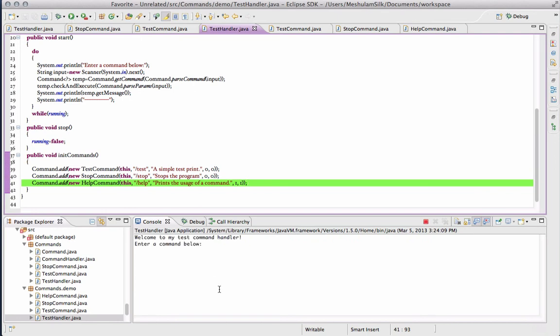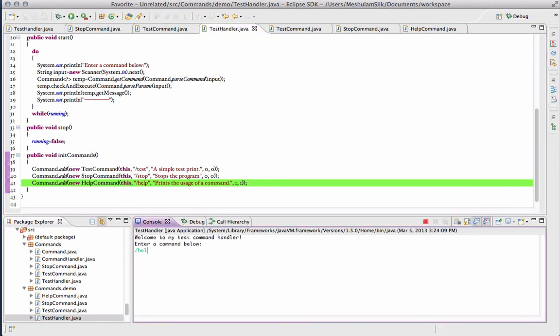Now, if we run it, if we do help without any parameters, it'll tell us that we are missing parameters. If we do help and then we give it more than one parameter, well, it should take too many parameters, but kind of achieves the same thing. So if we actually do help test,